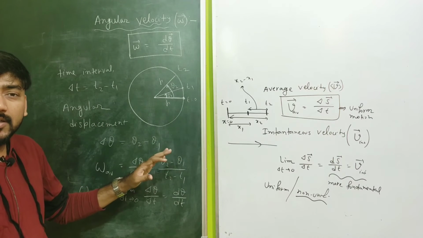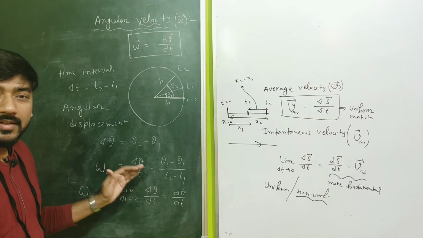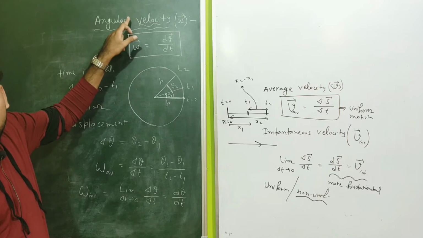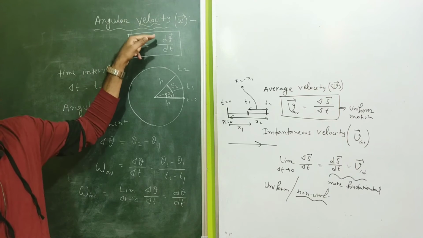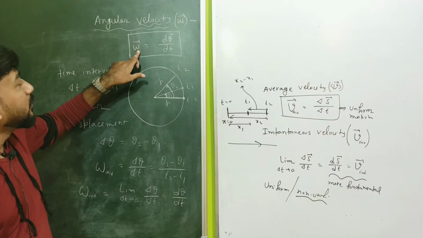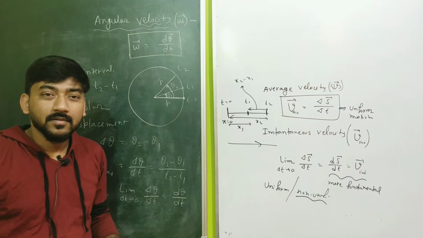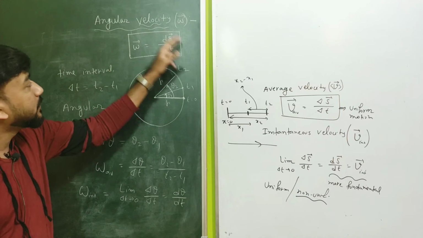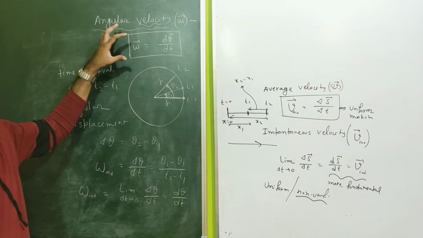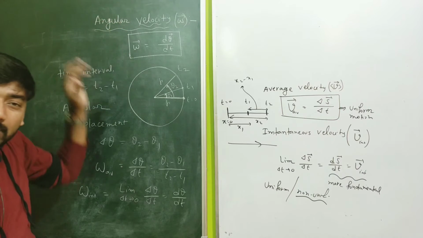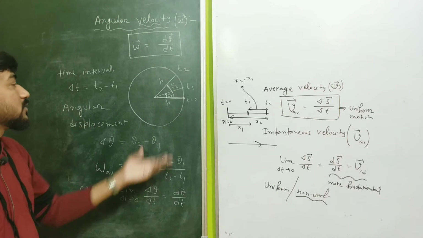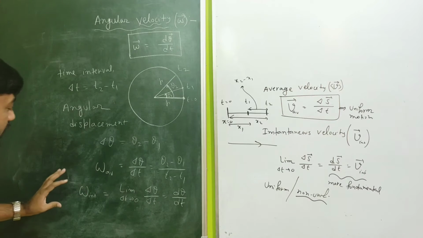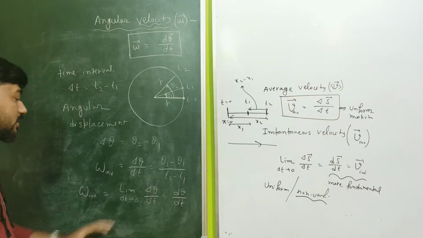Symbolically, if you want to define this quantity correctly, then you should write it like this, because here I am using the word velocity, and velocity is a vector quantity, and omega will be a vector only if theta is a vector, and theta will be a vector if it is small. So we have to write in this fashion that omega is equal to d theta by dt, and this is more correct, more accurate actually. But numerically you can measure this quantity also for large theta. Okay, so this is actually the instantaneous omega, that is d theta upon dt.